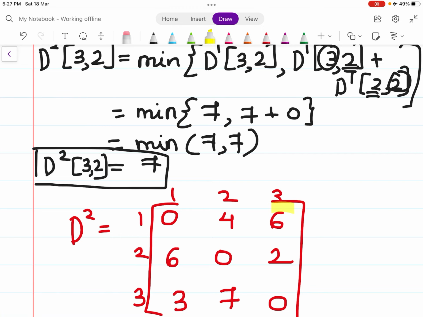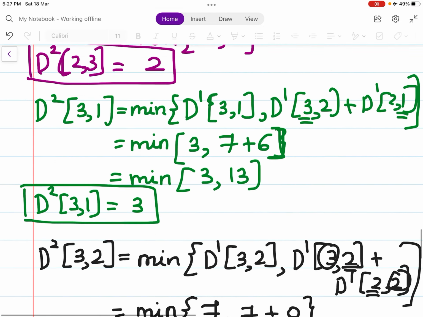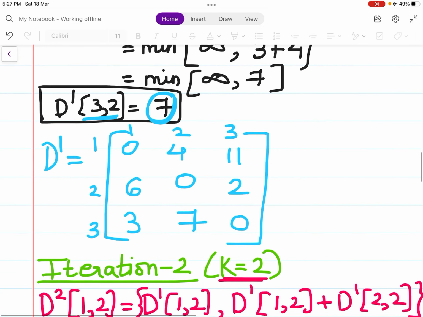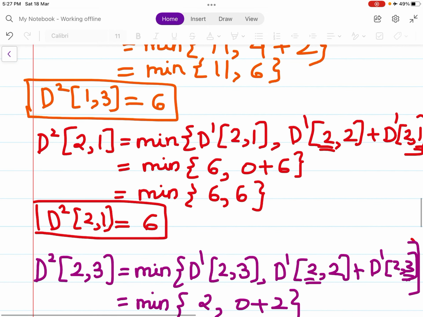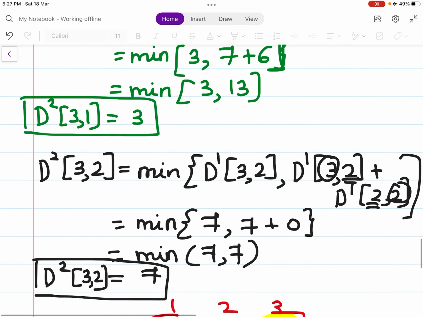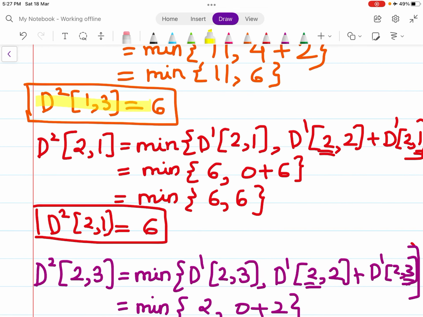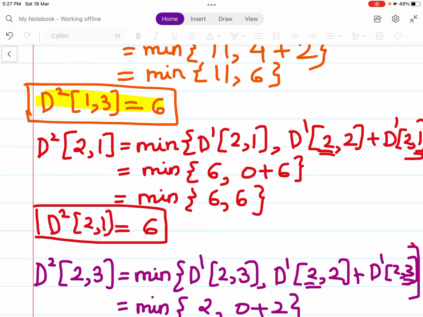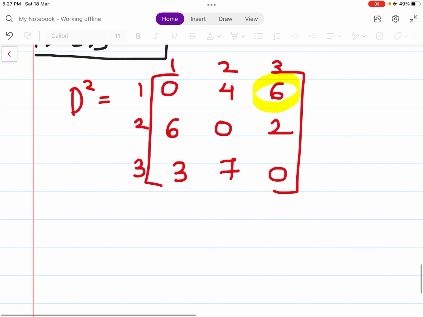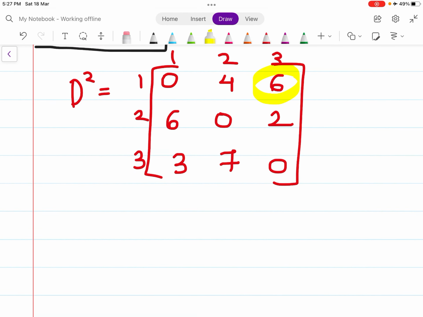So here one value changed. 1 comma 3 has changed. Initially 1 comma 3 was 11. New 1 comma 3 we got 6. So D2 became this matrix. Now the last iteration is